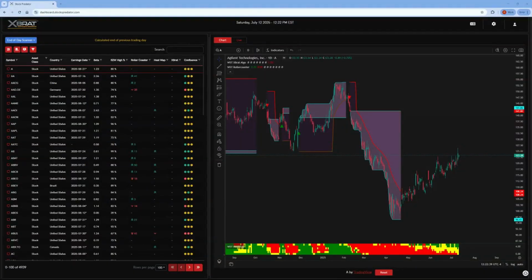So I'm going to go through an aggressive strategy using the Stock Predator. It's the weekend, and I've got the end of day scanner from Friday, and I'm going to put some filters on there to help me identify something that's near the highs, that's got a beta above 1. It's got earnings coming up in less than a week. I'm looking for a catalyst to push it